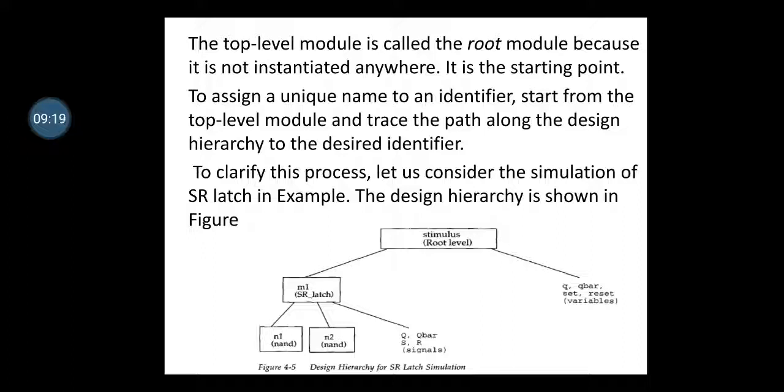Am I right? Now you can go to the right hand side leg, and you can observe that under the right leg I have written M1. M1 means what? Module stimulus will instantiate a module of SR latch. It will instantiate an SR latch module in the design block. Therefore under level 1 we have placed the entire SR latch module itself. Are you getting my point?